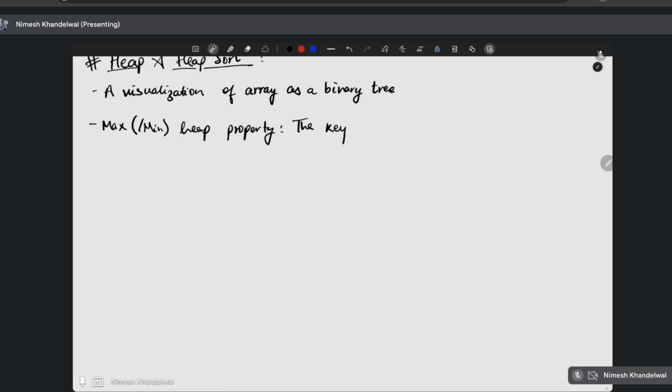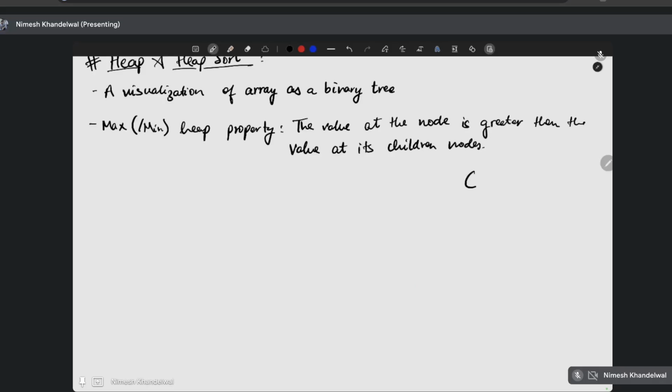The key, or you can say the value at the node is greater than the value at its children nodes, right? So if we have a binary graph constructed, let's say like this,